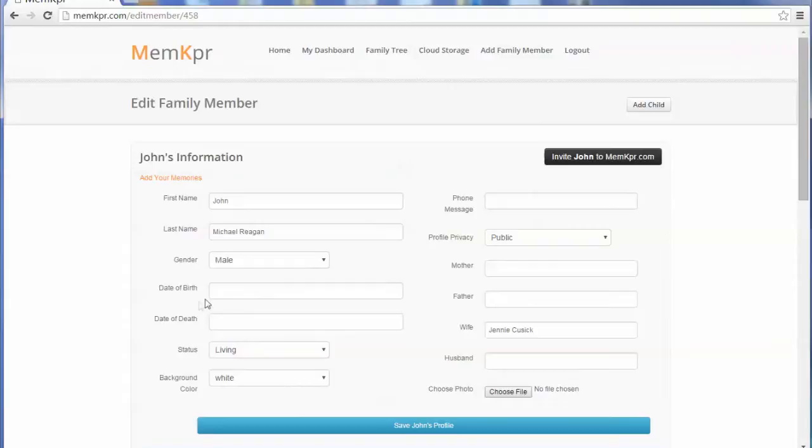John Michael, date of birth is 01, 01, 1854 to 1889. Okay, deceased, gray background. Now we're not going to add any relatives beyond that time. We don't have information on that, but